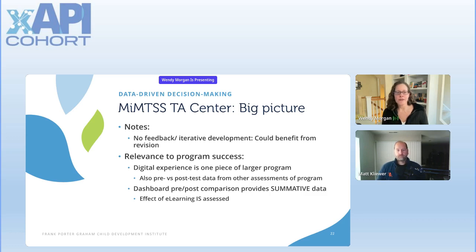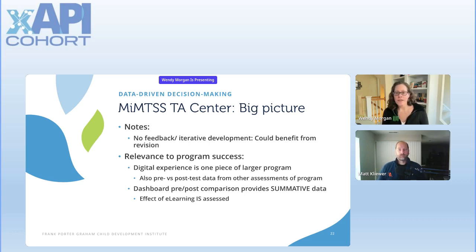And then in terms of relevance to program success, this digital experience that we provided is just one piece of a much larger program. So there's other pre-post data from other assessments within their program. But because it's a pre-post test, it actually is summative data.